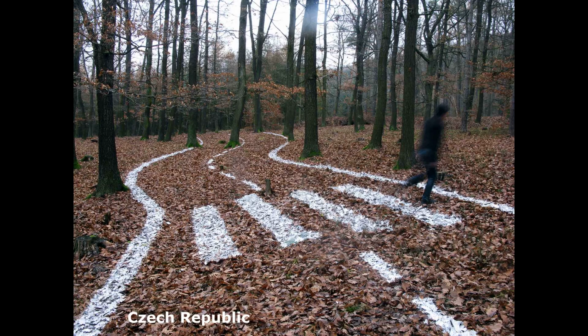Can you tell me a little bit more about your site specific environment painting? What was the first one? Yeah, the first one it's on the bottom with my portfolio. It was in 2013. I just started with this because I realized that my interest is the world around me. All the time trying to be out of the box and looking also on the art department and the artists, or what should artists do, what is the art. All the time it is the question. It should not be definitely said, because it's like